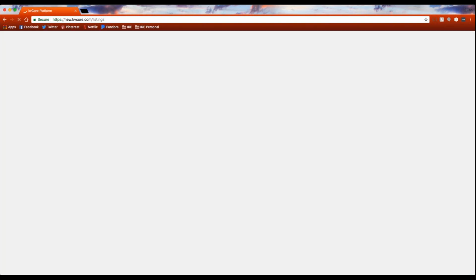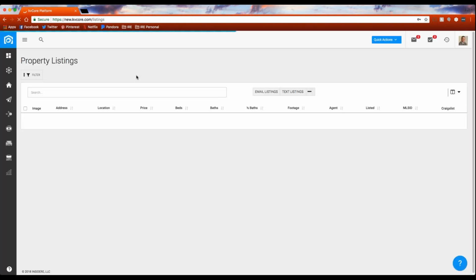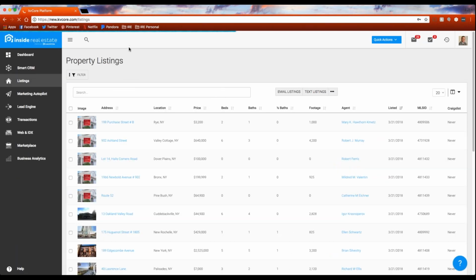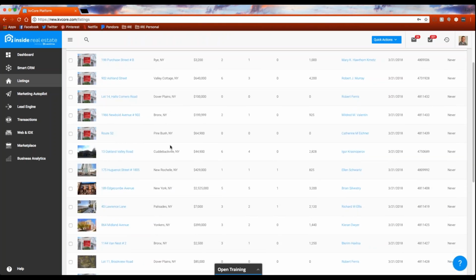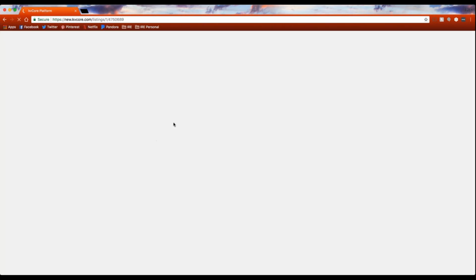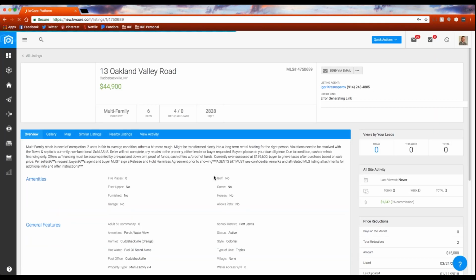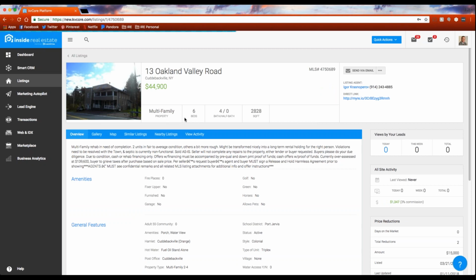Over in the listings tab, this is all of the listings within your MLS. So instead of having to hop back to the MLS, back to your CRM, over to your email, you've got the opportunities right here. Again, this is dummy data, so it looks a little funky in some places, but we can look at this Oakland Valley Road. We saw the city, we saw how much it was, and if you click into it, it gives you all of the details. So, oh, it's a multifamily property, 6 beds, 4 baths, how big is it, details about it, photos,